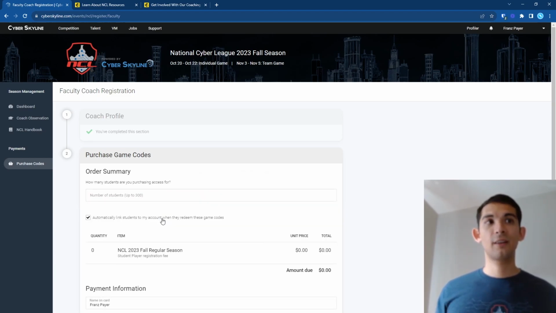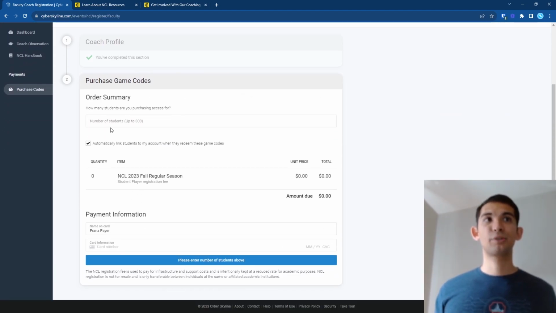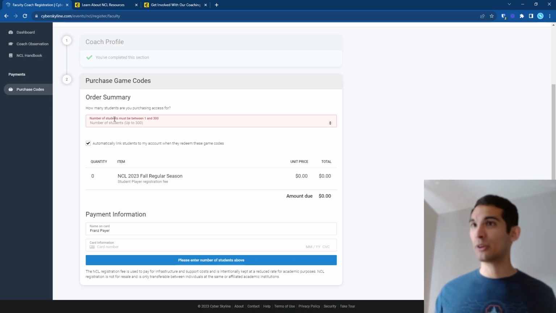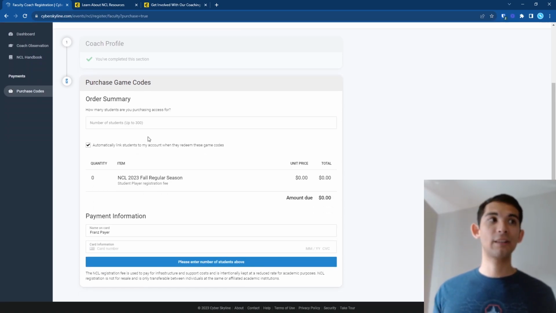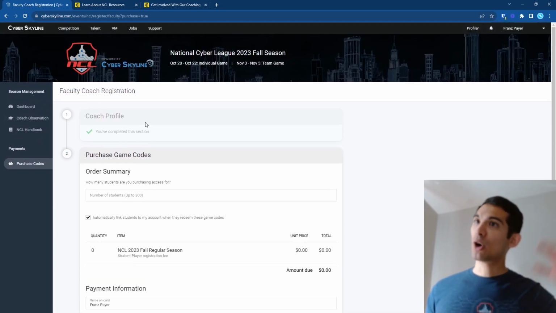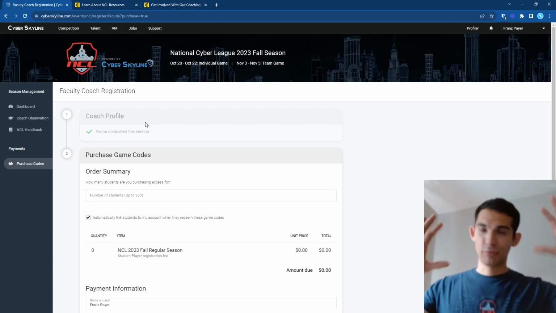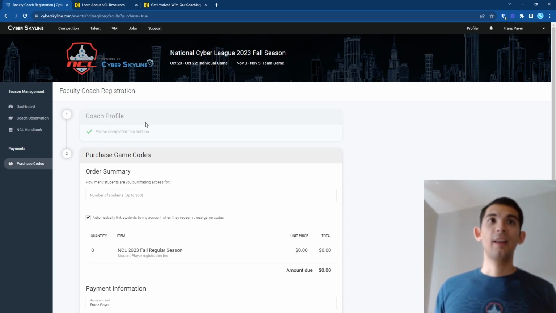So if I choose the I want to pay for my students option, this will allow you to make a credit card purchase directly from the site. You just put in how many registrations you want to purchase and you fill that all out over there. If you're going to have your students register for themselves, just tell them to go to the registration page. They'll register for themselves and they'll get situated there just fine. Now,